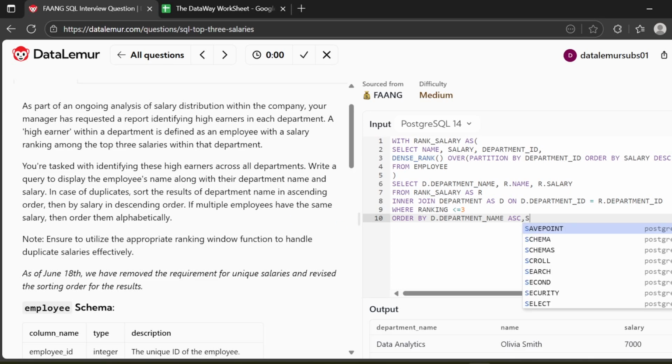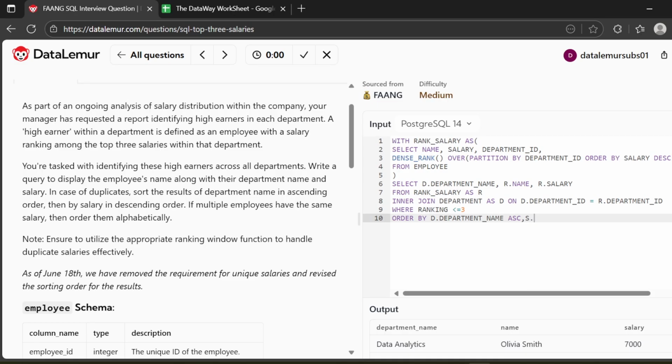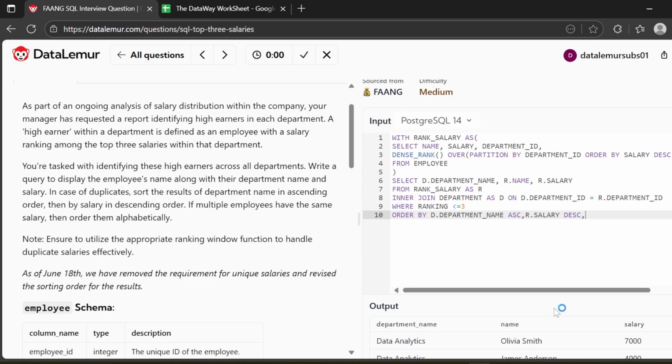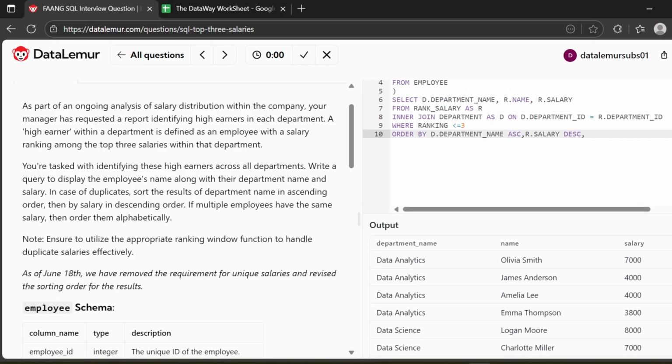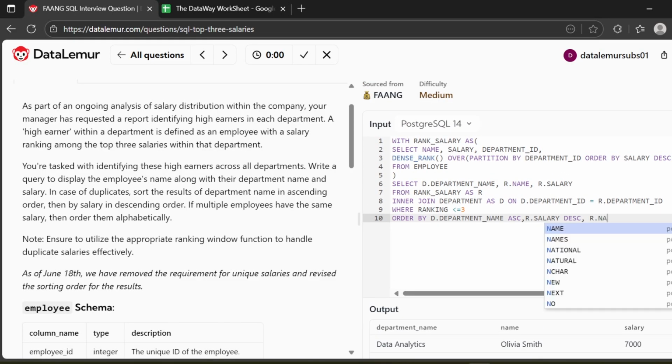descending order. So r.salary, DESC, because that's in the descending order, and then we have a couple of employees that are in this one, right? So employee name is also going to be in the ascending order. Okay, so I'm just going to name it as r.name. You don't have to write ASC, but I think in this case let's write it because we have multiple sorting